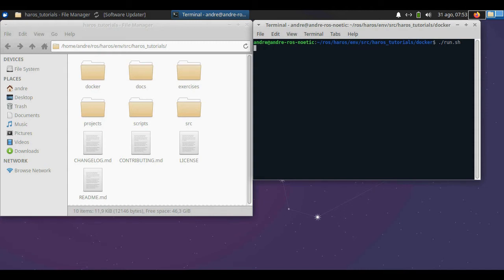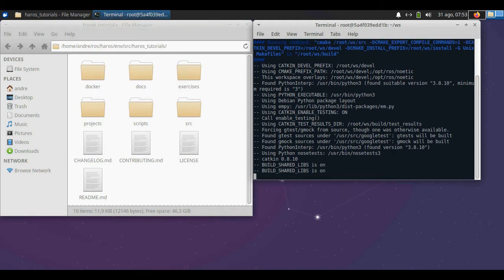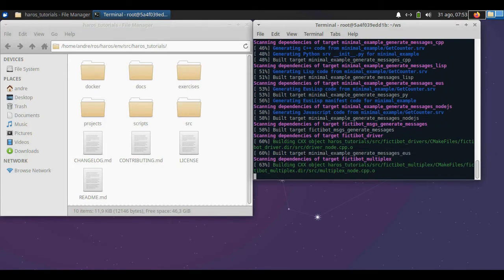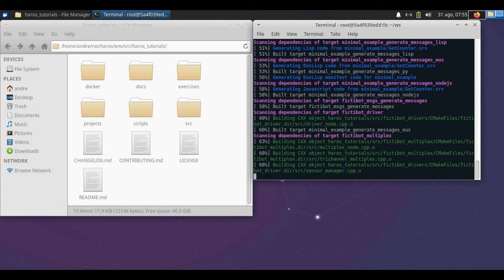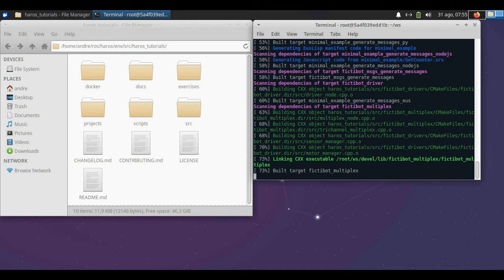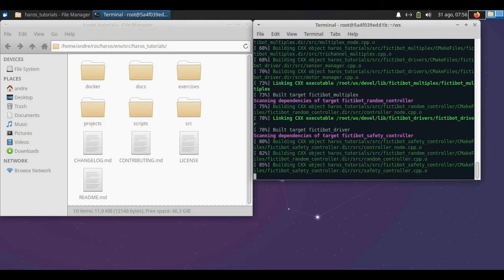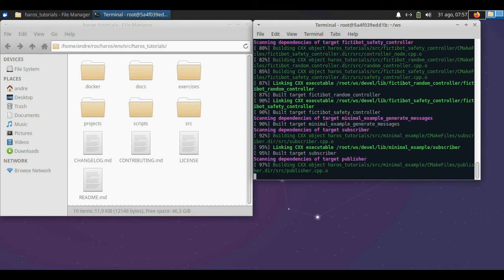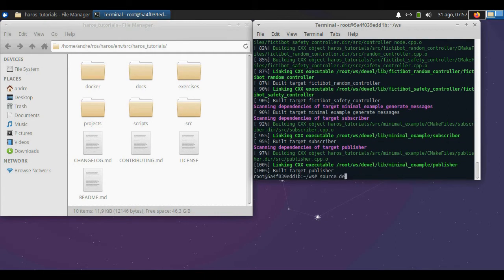I'm going to start the Docker container now, and it starts in its internal workspace directory. The first thing is to run the catkin script so that it builds the workspace within the container, and then, of course, as in every other ROS system, you will source the workspace before moving on.